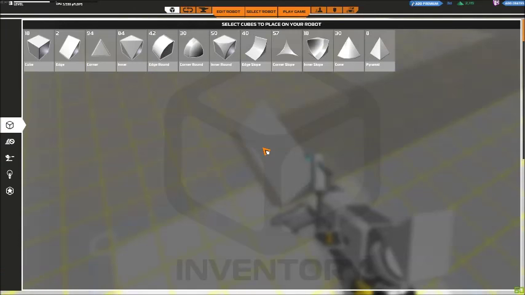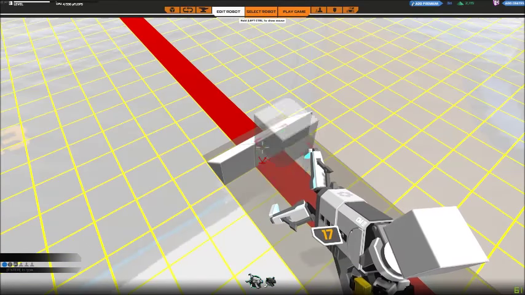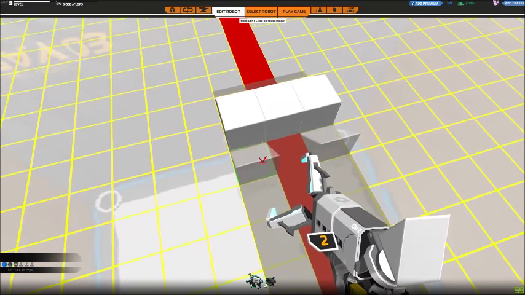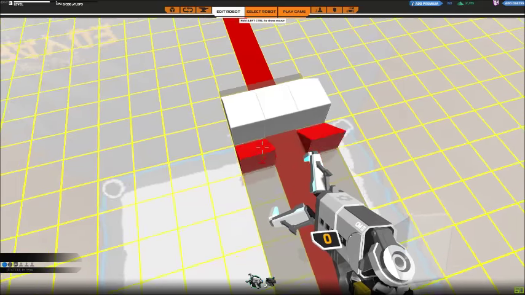When you think of how damage spreads in Robocraft, you need to think like electricity. It conducts through blocks that are connected. So if you have breaks in your connections, such as these prisms I'm going to put down, the damage cannot